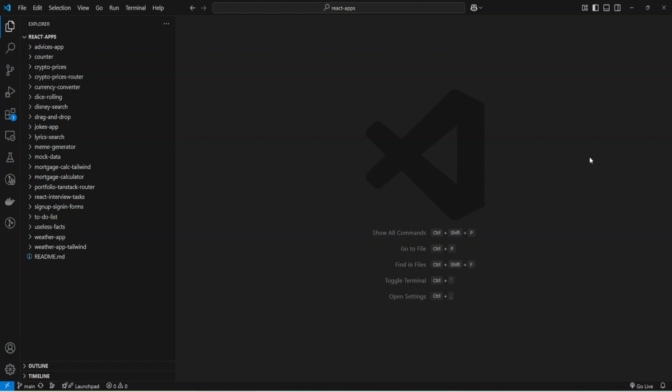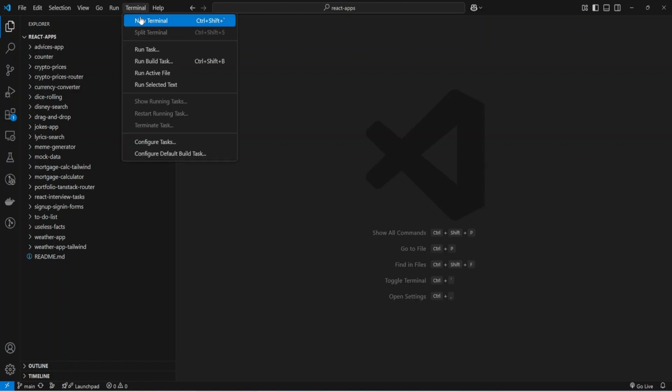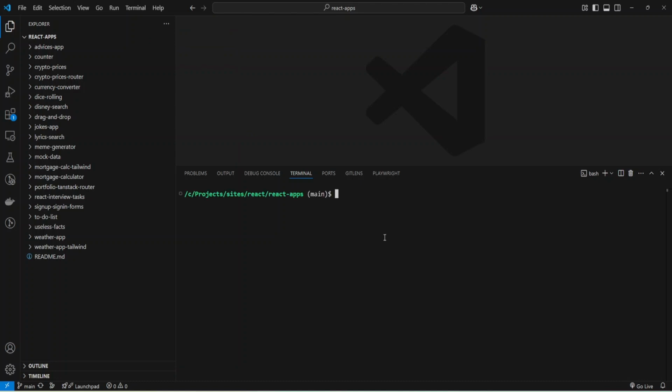I launched my Visual Studio Code and opened the folder where I store my React projects, and now I'm going to open a new terminal and run the command npm create vite@latest. And I'm going to provide the project name, and it will be